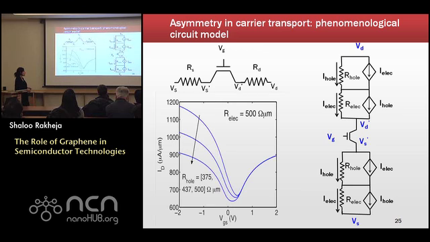And here is our simulation result for the transfer characteristic of a particular graphene field effect transistor. Here I fixed R-elec to 500 ohm microns and R-hole was changed. When R-hole is changed, you can clearly see that the current in the hole branch and the current in the ambipolar region, around this point over here, are affected. Only those regions are affected. Why? Because holes play a significant role only in those regions. On the electron side, it's electrons that are carrying most of the current, so that part is really not affected. So with this slide, I'll conclude my findings on the static transport model.